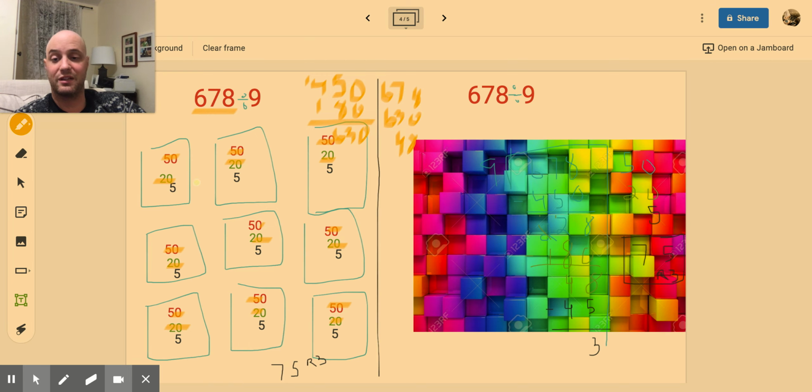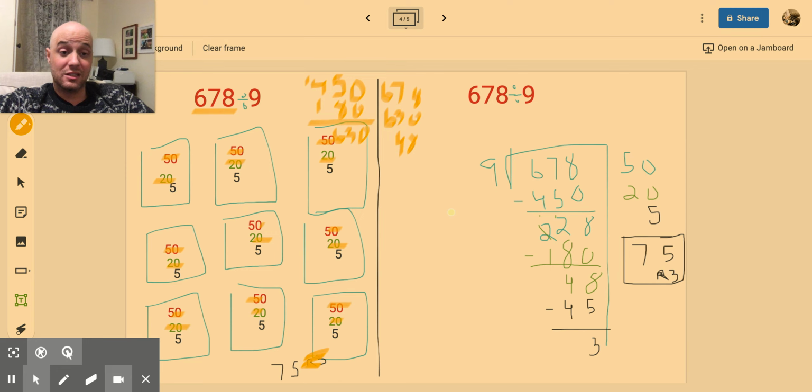So I did 5. 5, 10, 15, 20, 25, 30, 35, 40, 45. I know that 9 times 5 is 45. And if I subtract 45, then I have 3 left over. Remainder of 3. The answer, 75, remainder of 3. Let's look at it this way with the partial quotients. So this is going to be much quicker because we don't have to draw out 9 boxes and write 50